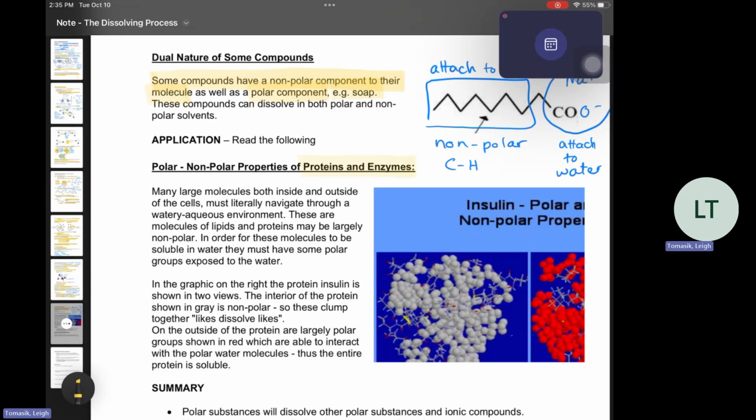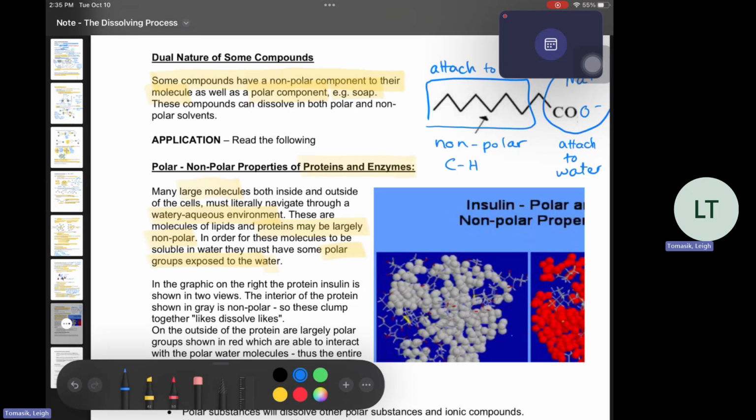Proteins are very, very large molecules, and they exist inside of our cells and outside of our cells. They navigate through a very aqueous, watery environment. Most of the protein may be nonpolar, but because they have to navigate through water, they have their polar groups on the outside where they're exposed to water. So the inner part of this big protein,